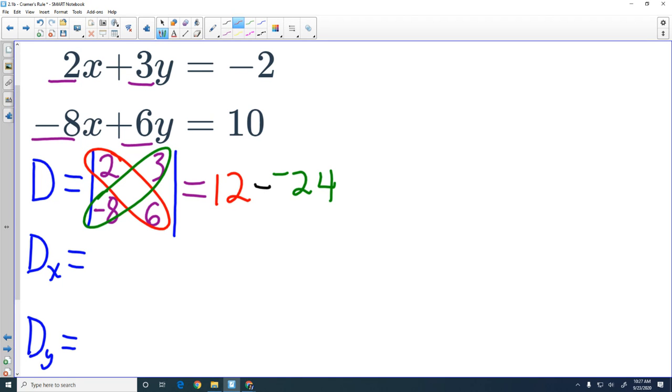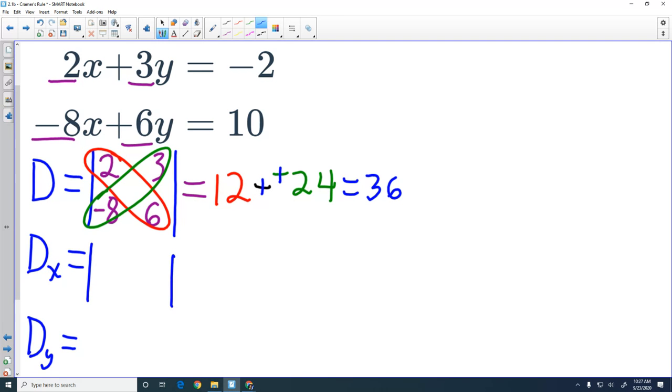We're then going to calculate this. Well, subtracting a negative is the same as adding a positive. So 12 plus 24 is 36. And that's our first number. Remember, we just need three numbers, then we can make those two fractions really easily. So let's set up the second determinant,